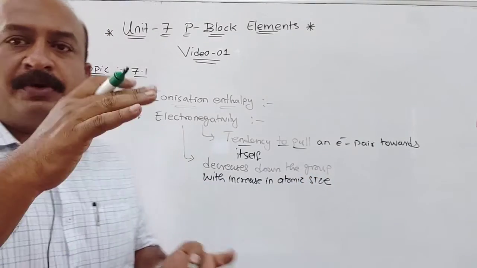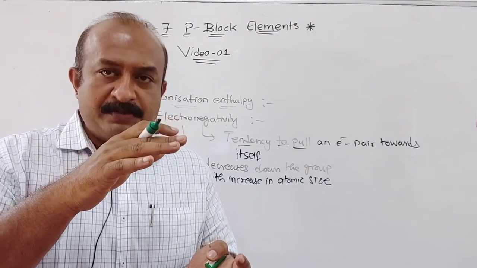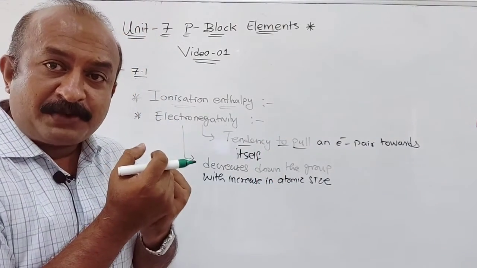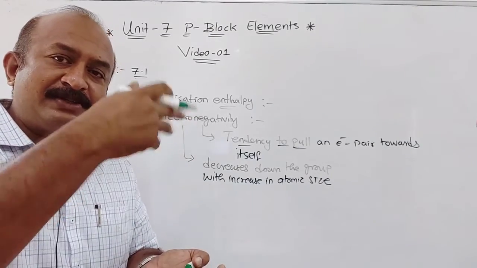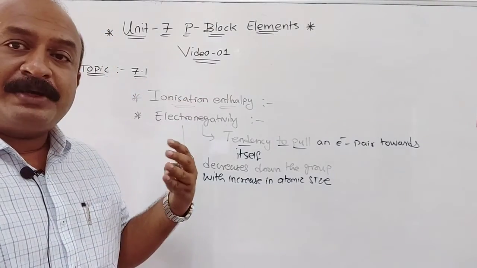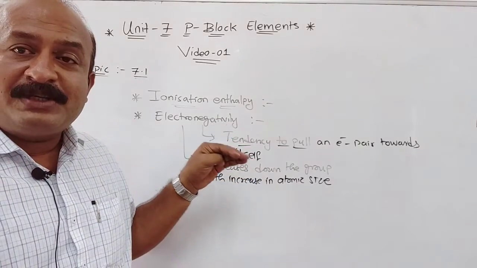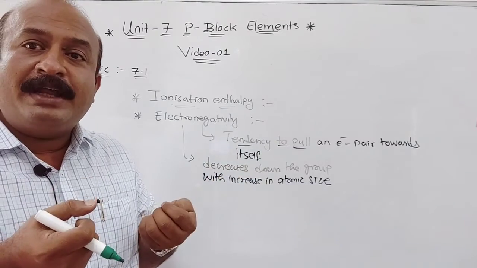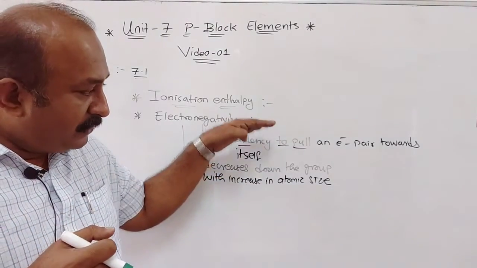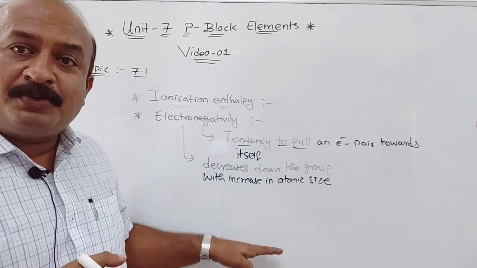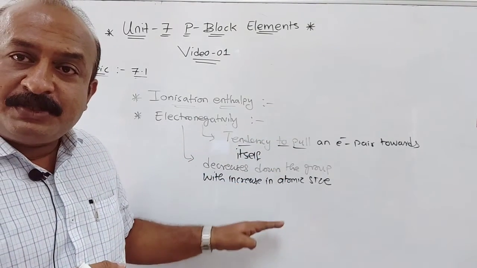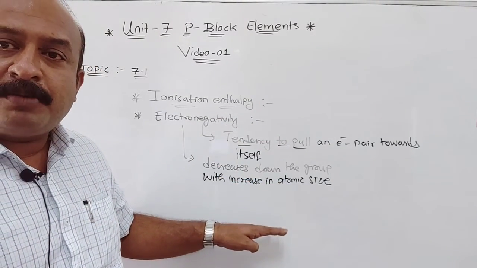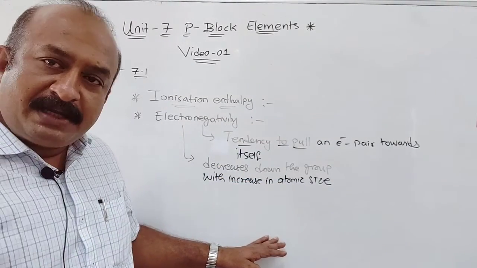When we go down the group, the shells keep on increasing, so loss of electron will be easier. But electronegativity is the attraction of an electron, meaning pulling it towards itself. If the shells increase, loss of electron is easier, meaning metallic property will be more. Nitrogen and phosphorus are non-metals, so their tendency to pull an electron will be more. But when we go down the group, non-metallic property changes into metallic property, as we have seen with bismuth. Understood? So down the group, metallic property increases and non-metallic property decreases.